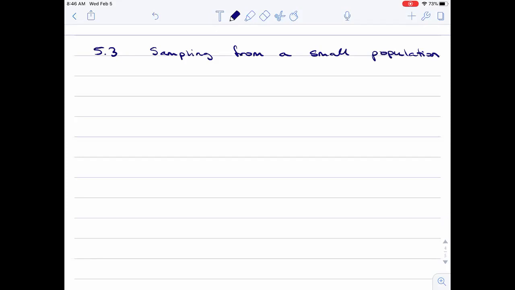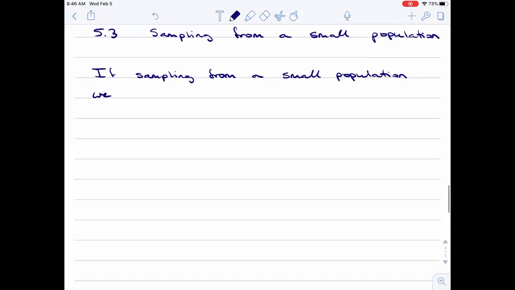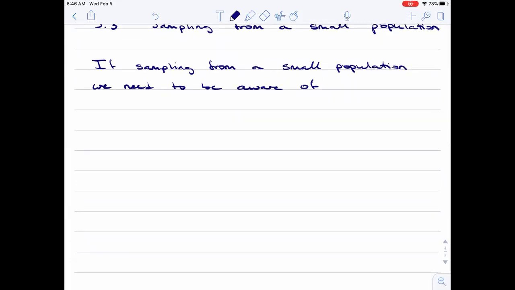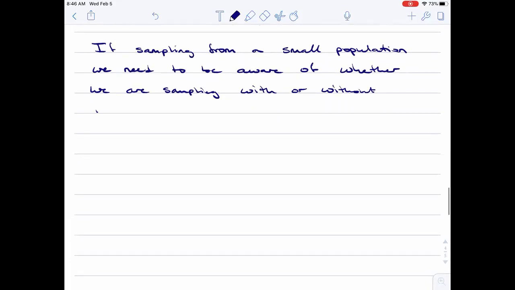And so if sampling from a small population, we need to be aware of whether we are sampling with or without replacement. If we're sampling with replacement,